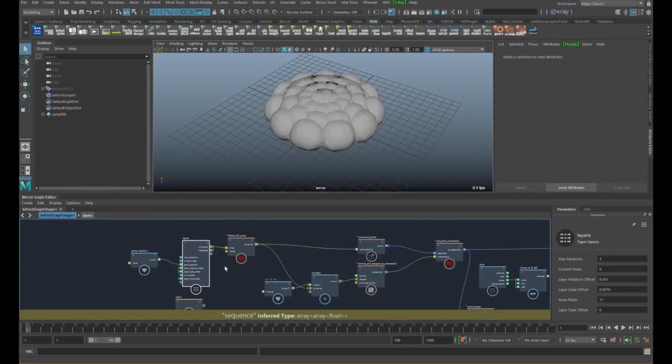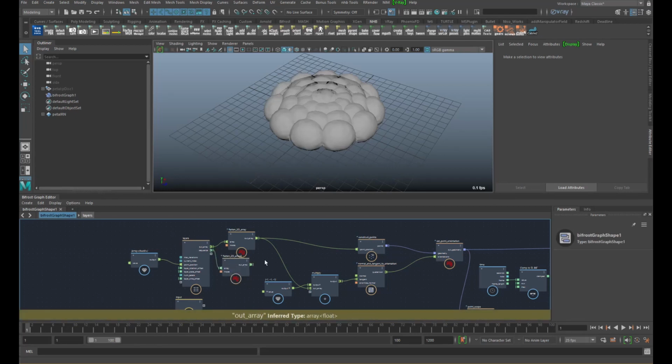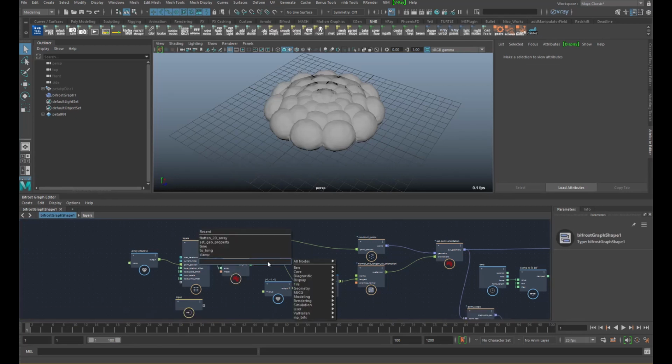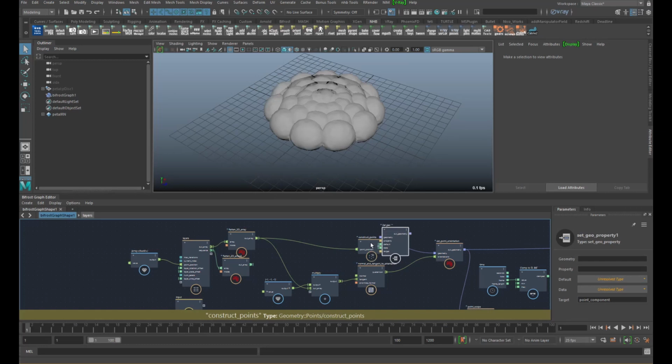And I need to flatten them. And maybe create a property. Set geoproperty. Right after the point construction.